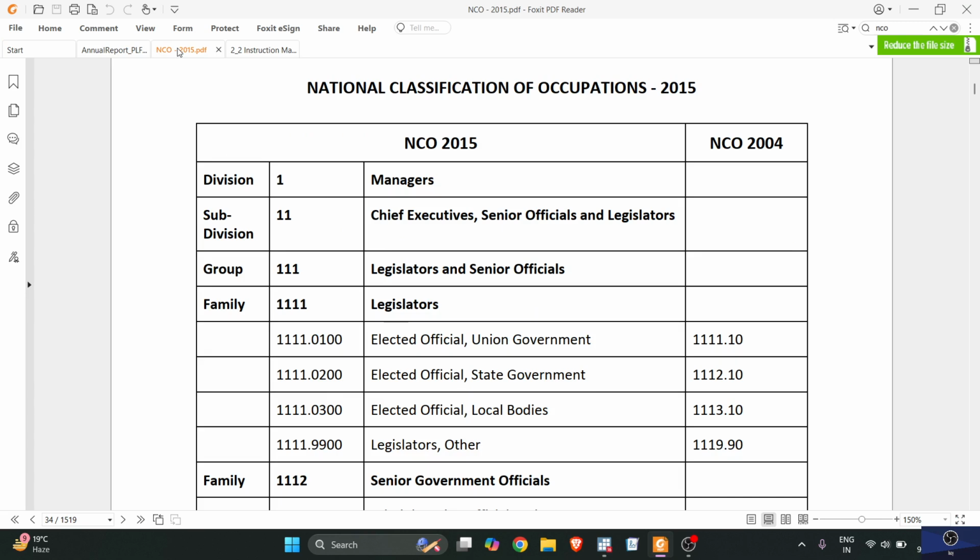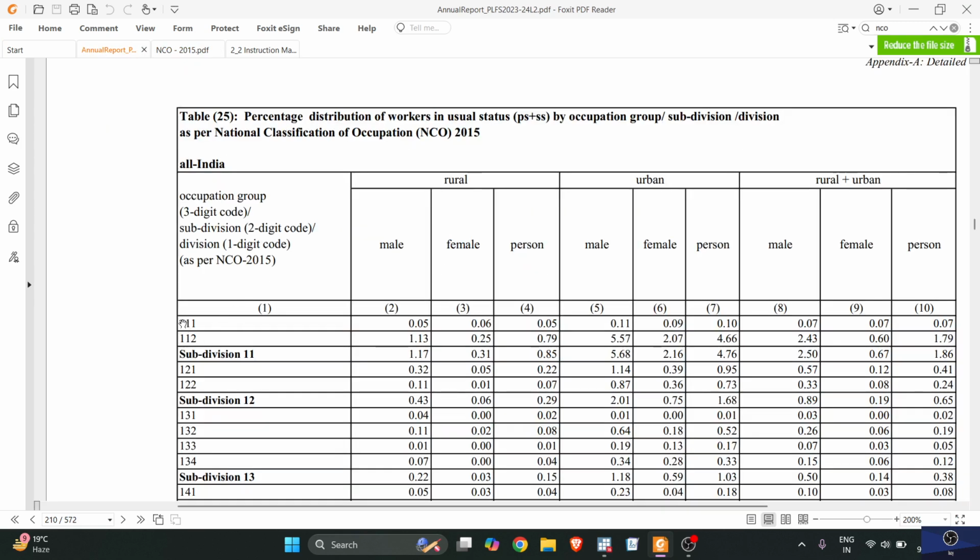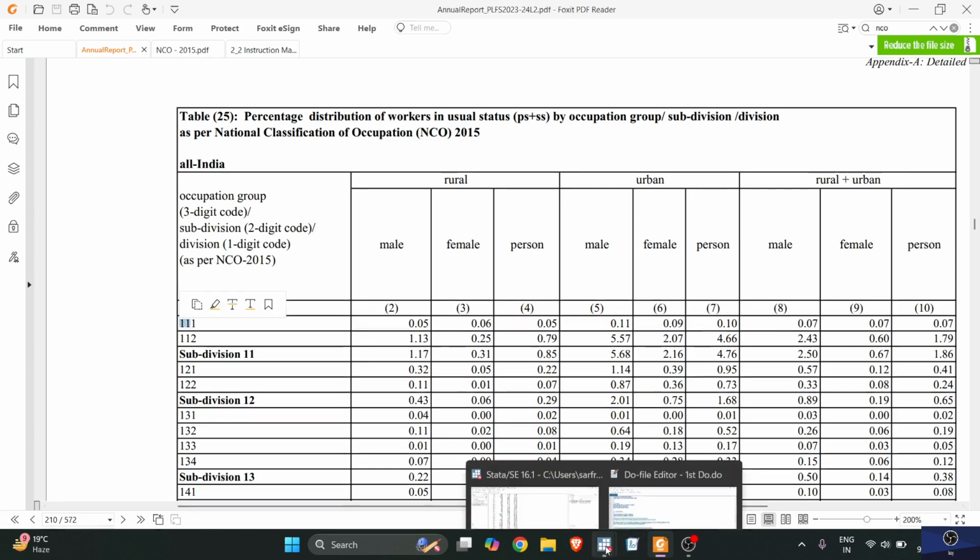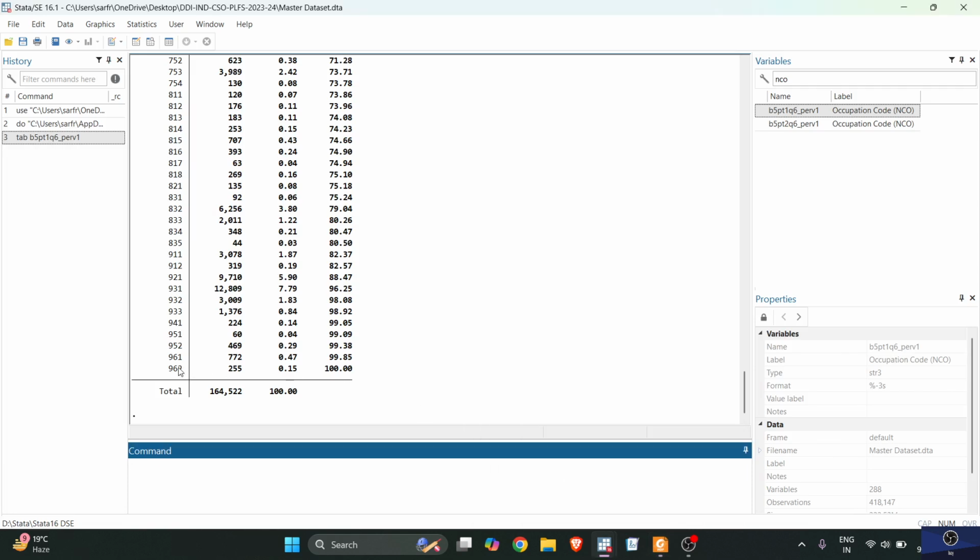Because 3 digits give our group, subdivision and division. If I take just the first digit out of the whole code, I will be left with the division only. The first 2 digits represent the subdivision. Let me come here. In this, the first digit 9 is the division, 96 is the subdivision, and